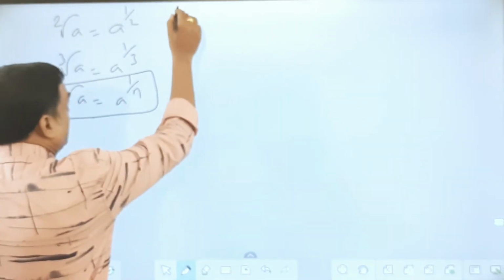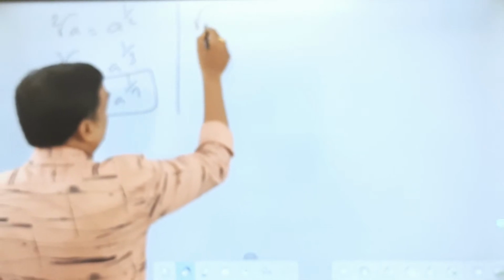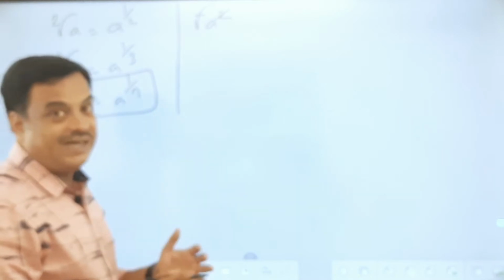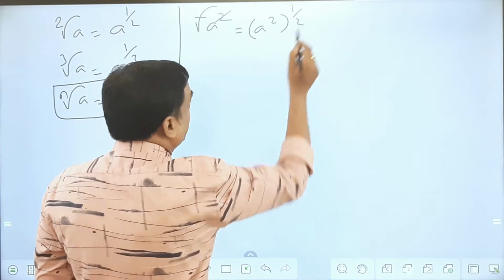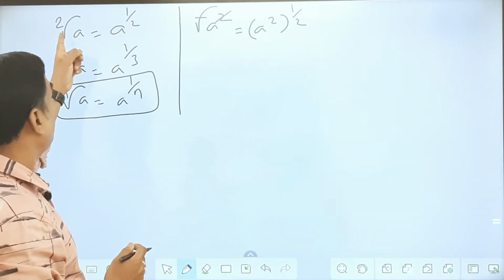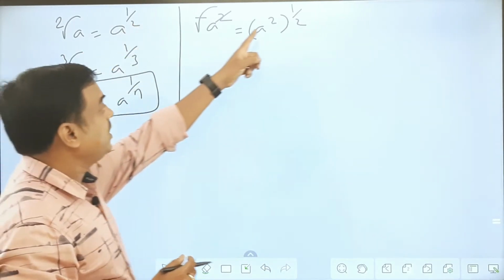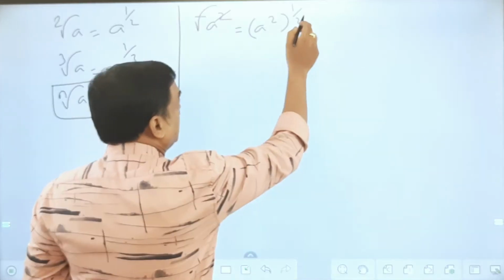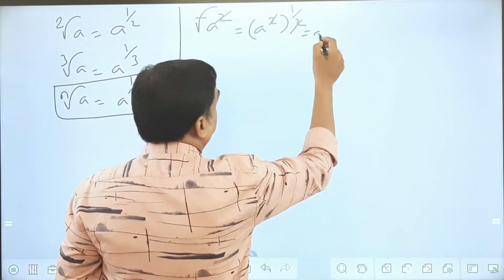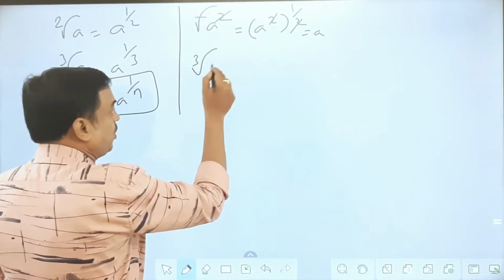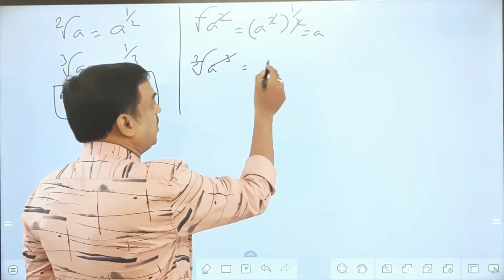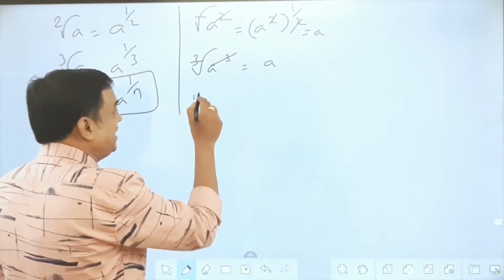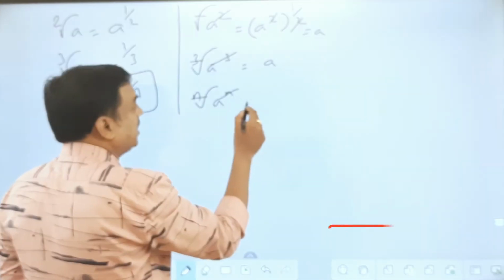Next one. If you have square root of a, to cancel the square root, the power has to be 2. So what happens here is a to the power of 2 whole to the power of 1 by 2. Now we just saw square root can be written as 1 by 2. So here I am taking square root as 1 by 2. Here 2 and 2 get cancelled, you get the value as a. Similarly, cube root of a, I can cancel when the power is 3. So this will be equal to how much? a again. And nth root of a will be called as